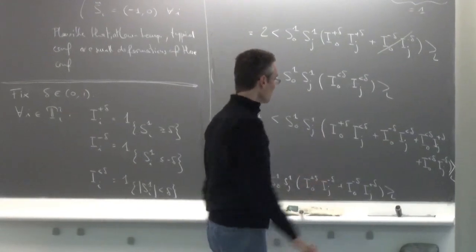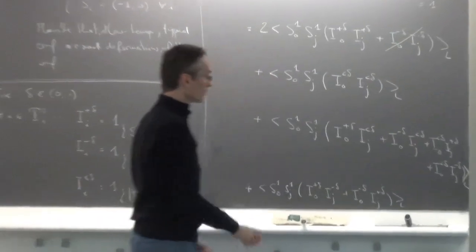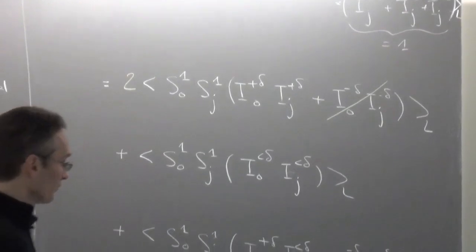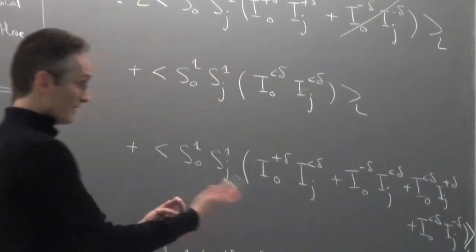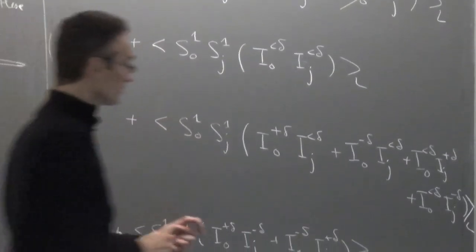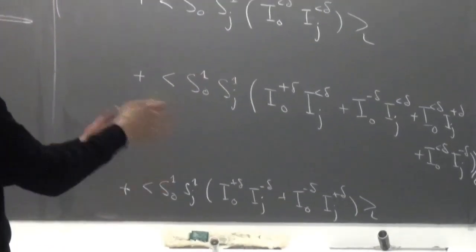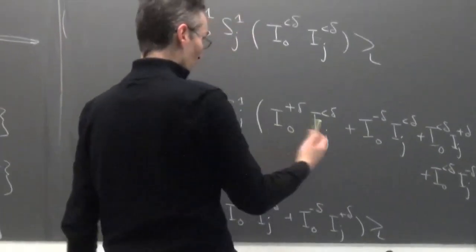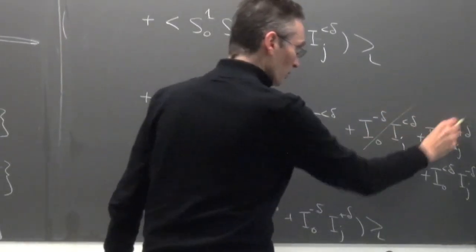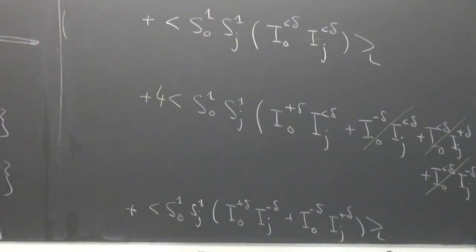Now here it's completely similar. All these guys, when you have one plus and one smaller, it's also completely clear by the symmetry of the model that they all give you the same contribution. Plus and smaller and minus and smaller are the same because I can just reflect the first component. And when I interchange 0 and j, it's the same because of the symmetries, because 0 and j play exactly the same role as j and 0 in the Hamiltonian. So all these guys I can forget and put a 4 here. They give me exactly the same contribution.